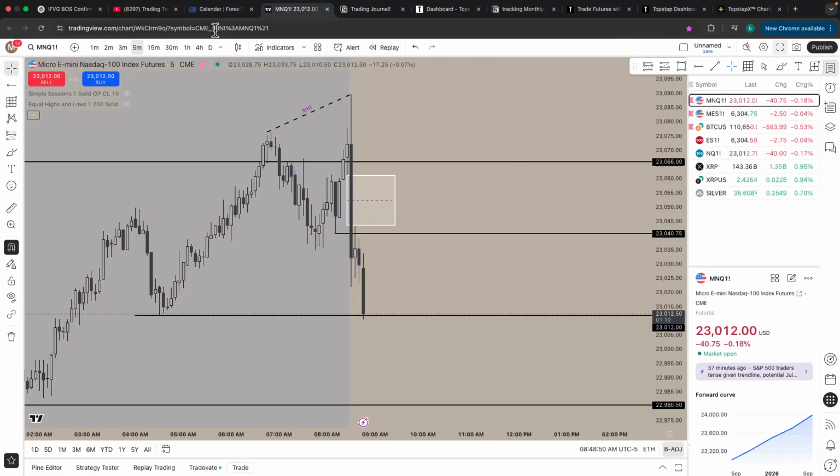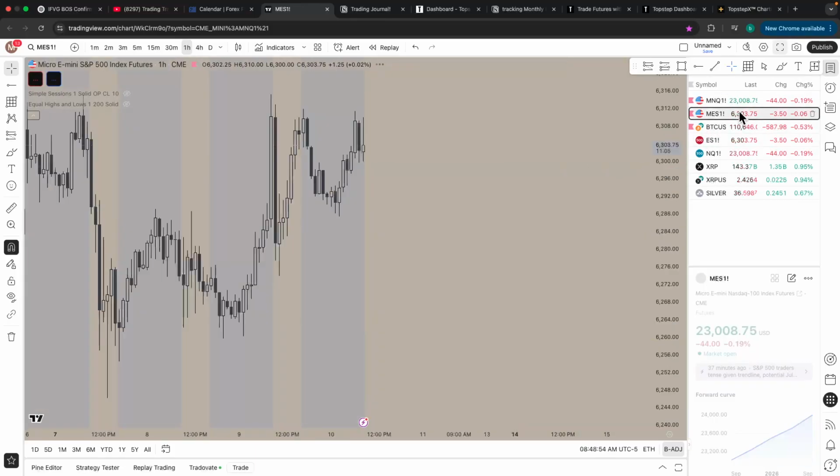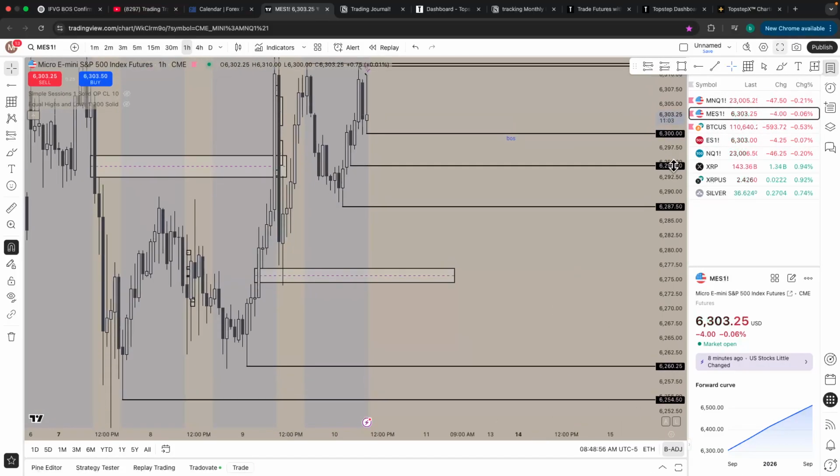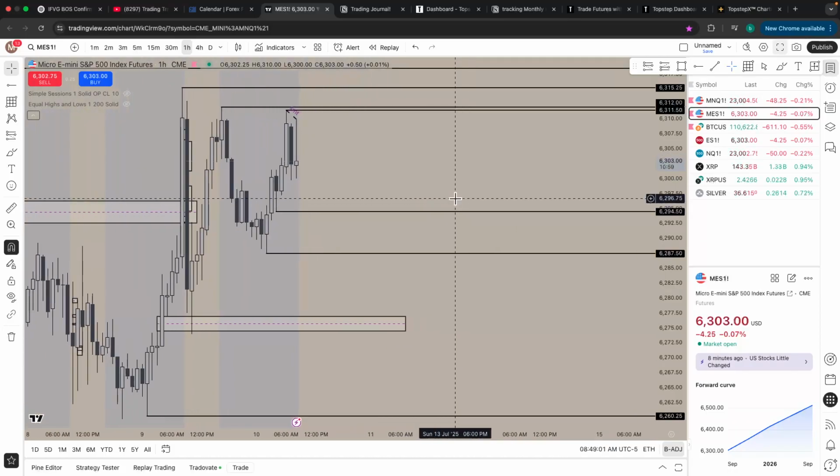Well, this is my thing. Let's go to the 1 hour time frame. I want to go to this. Yeah, we just swept that low. Most likely going lower. ES is consolidating like crazy. I'm going to get rid of that breaker structure. ES has still not swept.